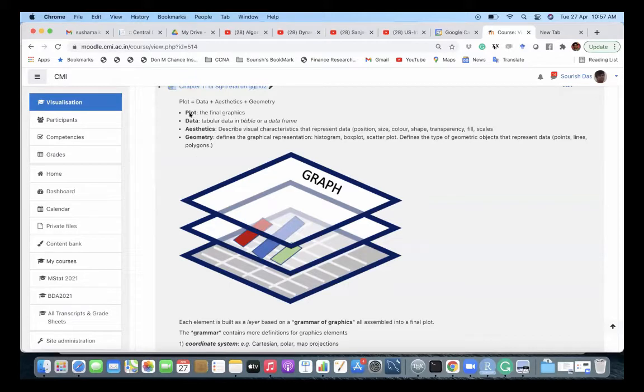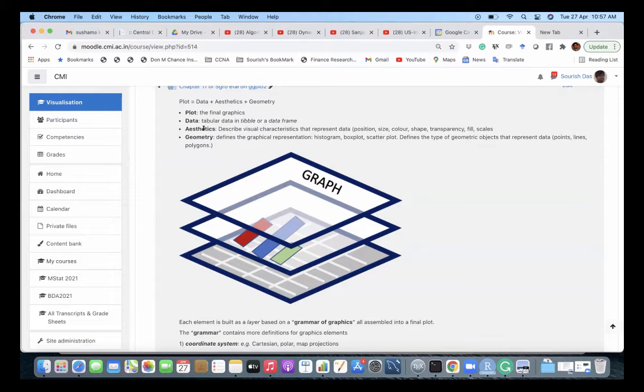Typically the data will be either in a data frame format or a table format. And then there are three components that define the system.